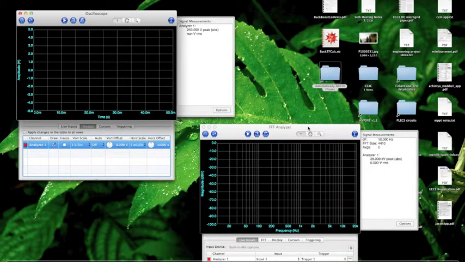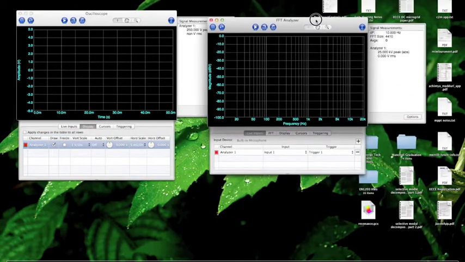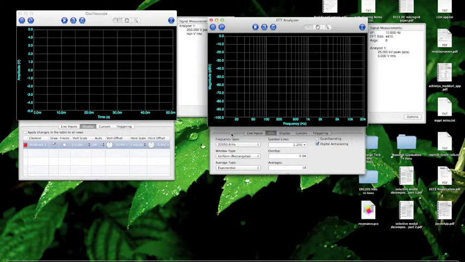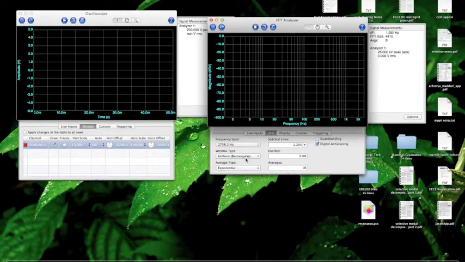Okay, now for the FFT analyzer, I'm going to go to the FFT tab, set the frequency span to about 2700 Hertz, change the averaging type to none, change the spectral lines to the lowest setting, 440,